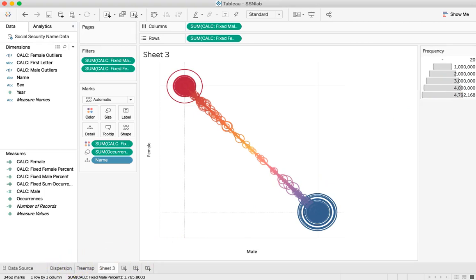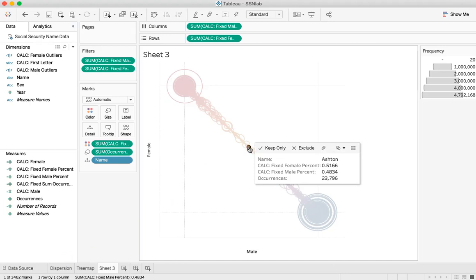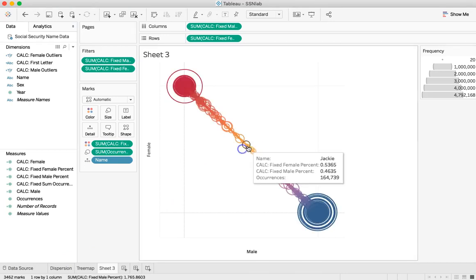Now, go ahead and play around with this. It can be really fun to figure out which names are which. You might want to add a detail point here saying if there is a name that's 50-50, you might want to highlight the one that is closest to the middle point, which might actually be Carrie, interestingly. Okay, if you did want to annotate Carrie,